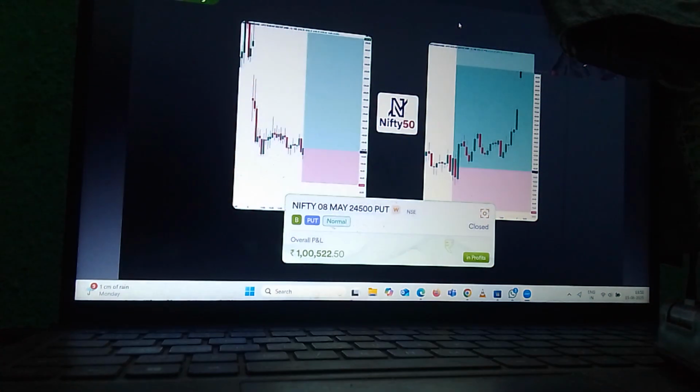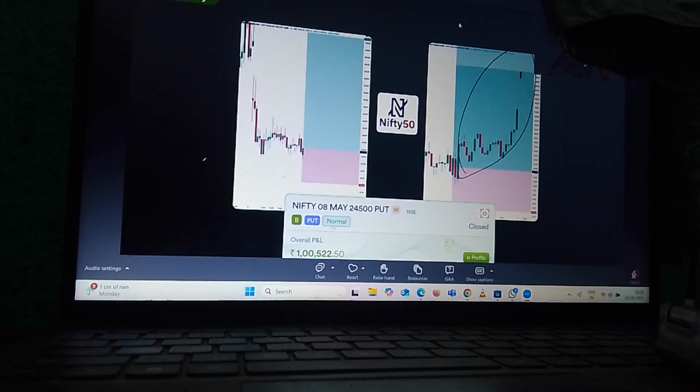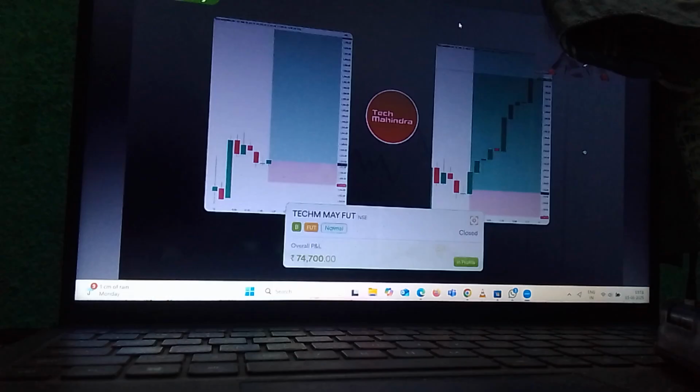Next up, you've got another Nifty 50 trade, and you can clearly see that we were taking advantage of the liquidations that were happening over here. So I'll just change the color. The liquidations that were happening over here, everyone was looking for shorts because of this big down move. But since you are an institutional trader, you understand how exactly things work, and we took advantage of that and captured this entire move, as you can see on your screen, right? This is again in Nifty puts.